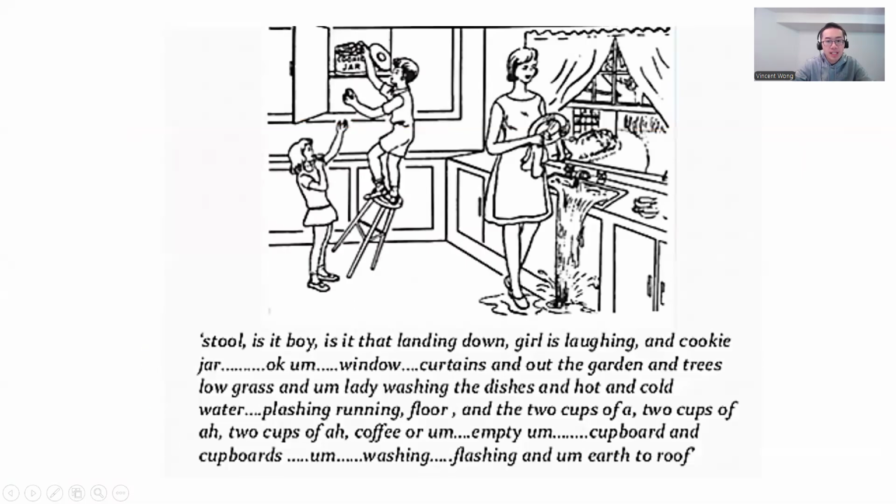So this is a transcript of a person with Broca's aphasia, and the person was being asked to describe what's happening in the picture, and you can see the language is really broken. There's a lot of pauses. It's like they're trying to look for the right words, and it's just not spoken in a fluent, articulate manner,